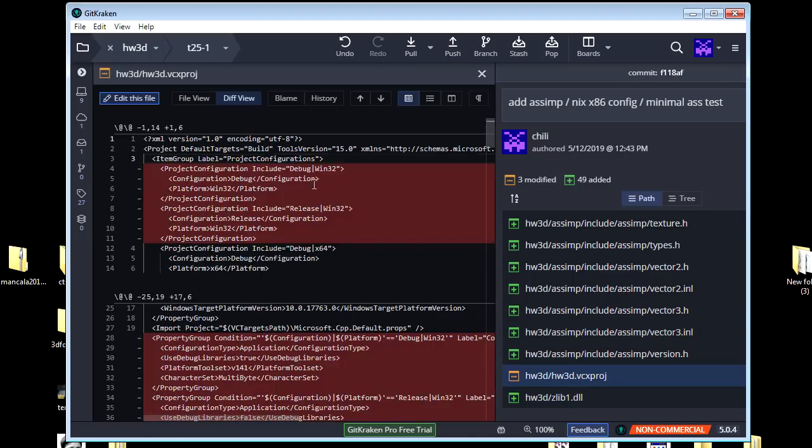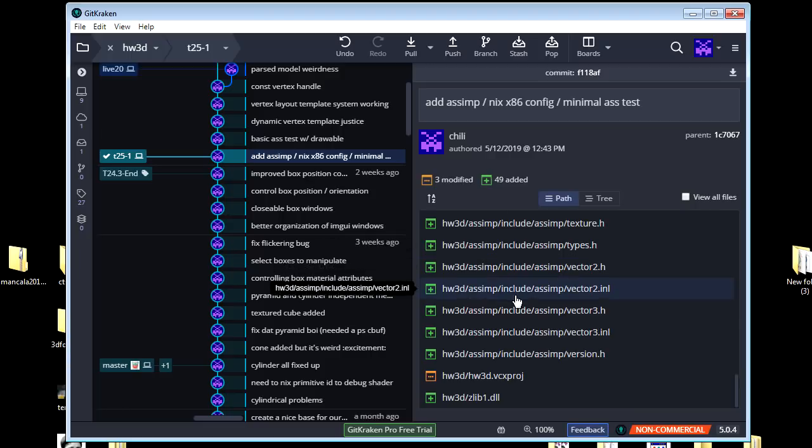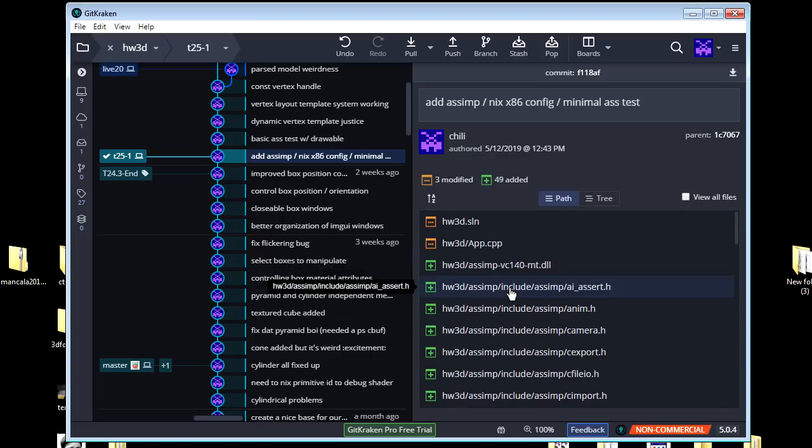So what I did was I nixed the 32-bit configurations. Because do we need these? No, we don't actually need them. They were just there from the beginning. I didn't see a reason to delete them. But now that I have a reason to delete them, because I don't want to do extra work, I'm going to jump on that and delete those. And once I